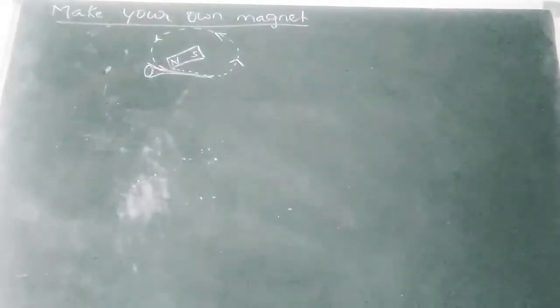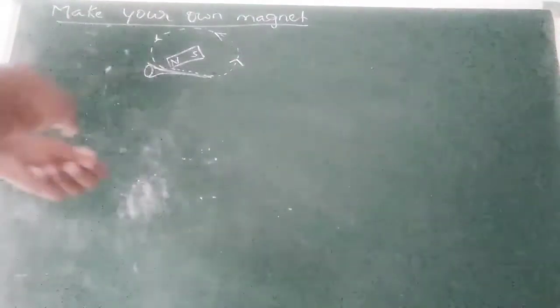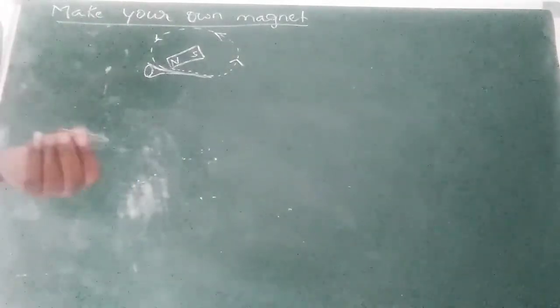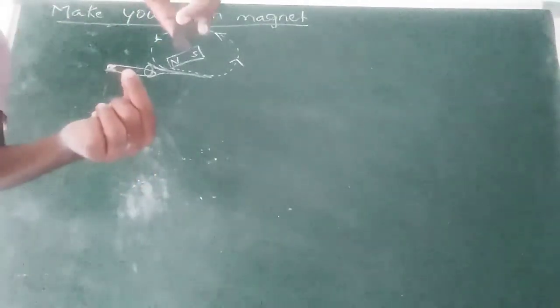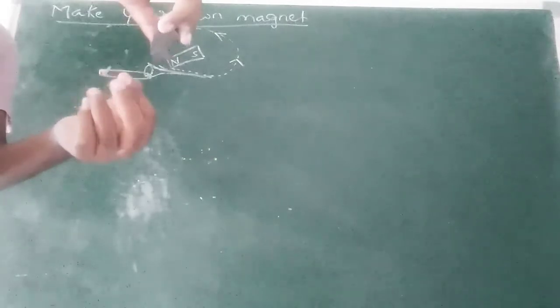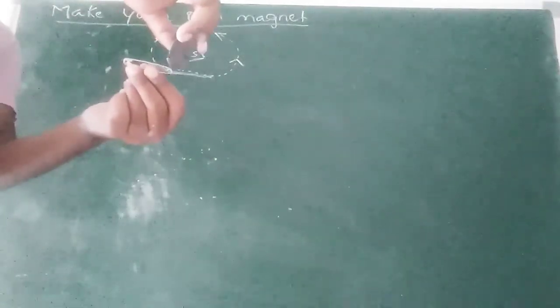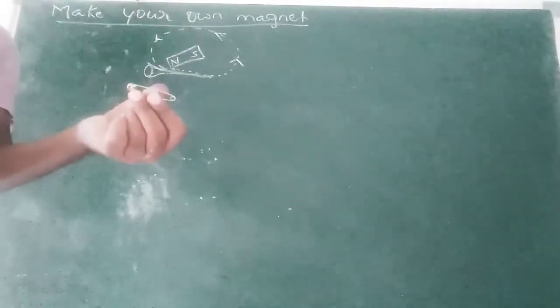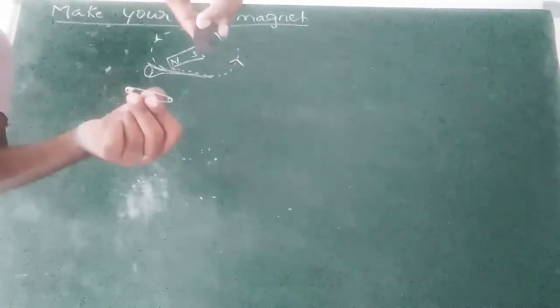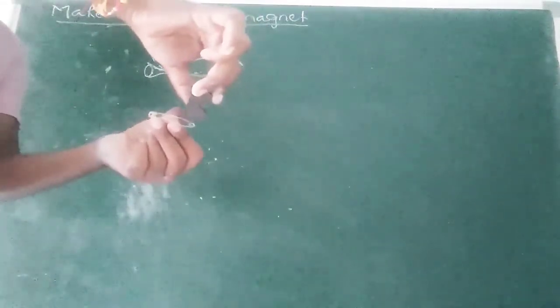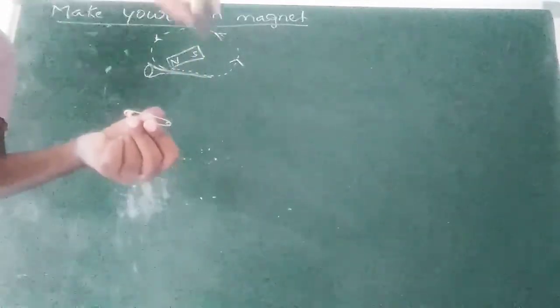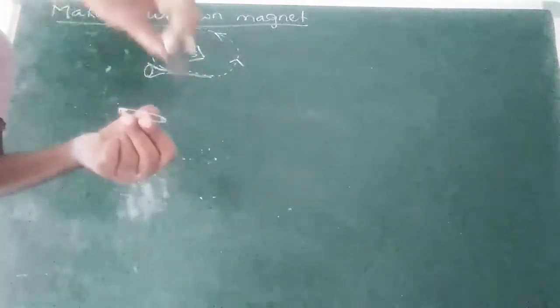Here it is the magnetic material, and it is the magnet in my hand. Keep one pole of the magnet at one end of the magnetic material. Drag it till the end, lift it up, and again keep the magnet at the same starting position. Drag it, lift it up, and keep it at the same position. Drag it, lift it up, drag it, lift it up, and if you do it 50 to 60 times,